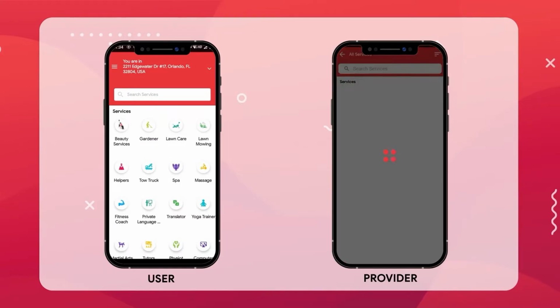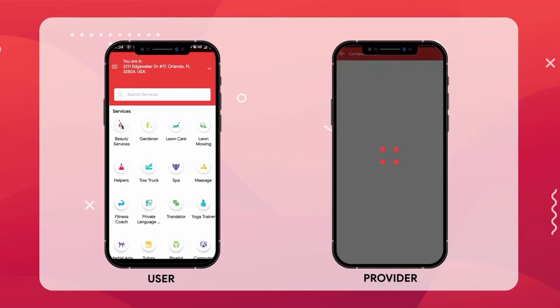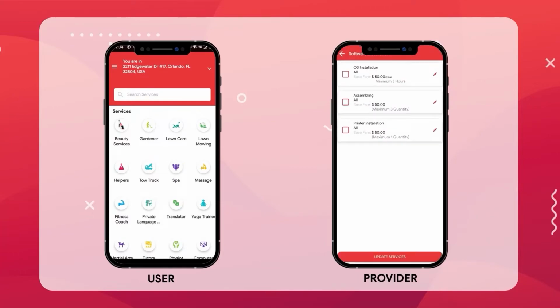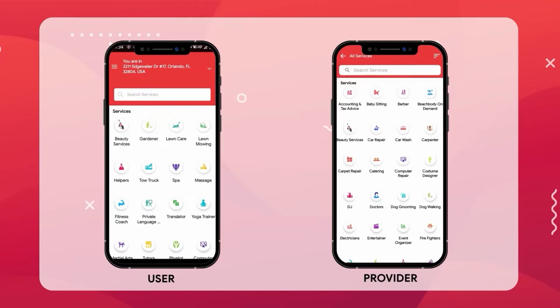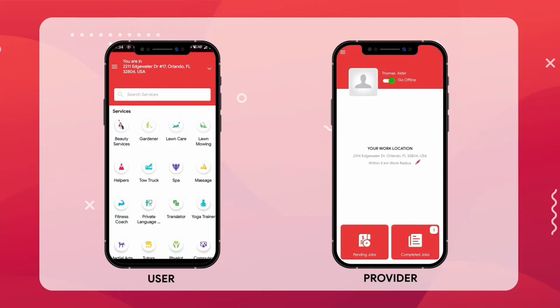The Set Services option is used to select the services the provider wishes to work on. Also, the provider can select the service types he is available to work on. Once all these data are updated, the provider is ready to go online.